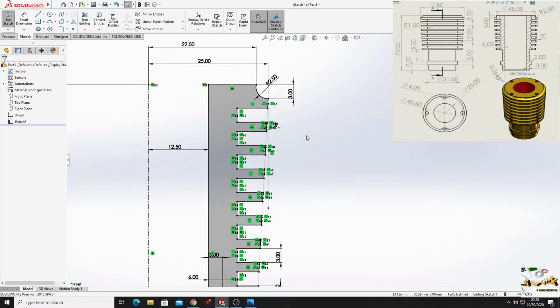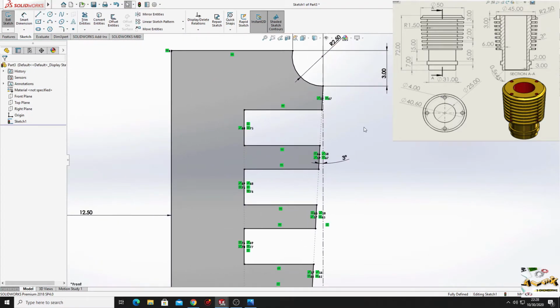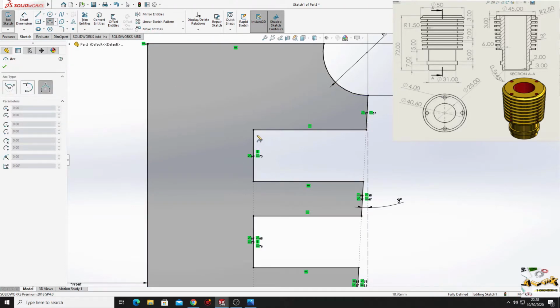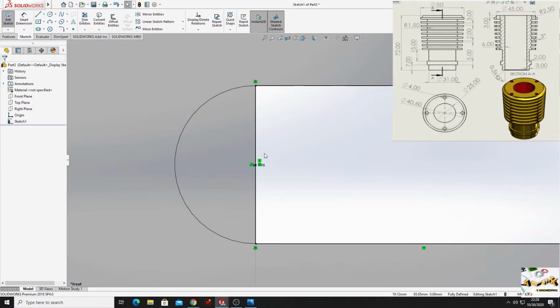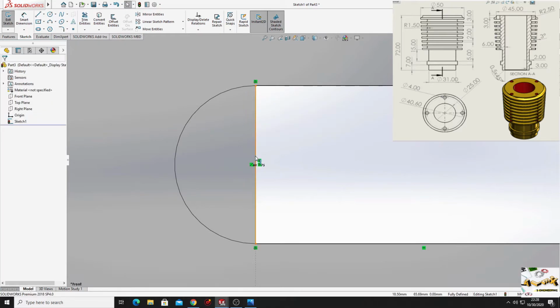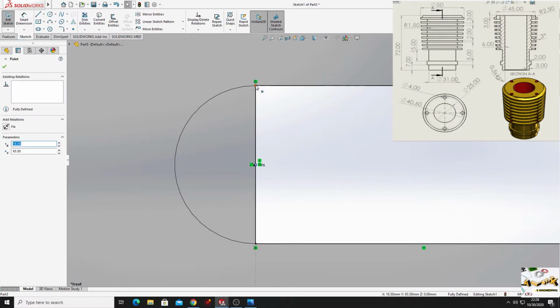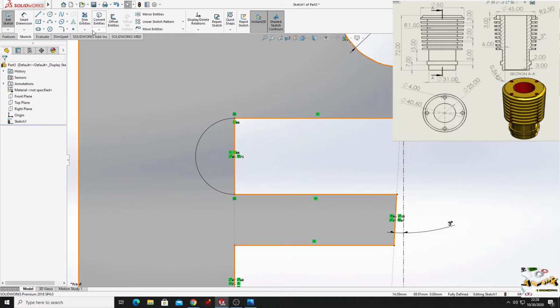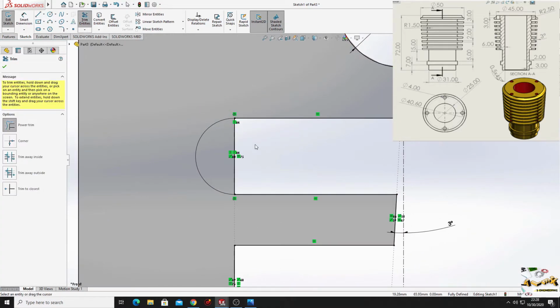This is almost done. Now what we have to do is to make here a 3-point arc. Just like this. Select this point and select here make vertical. And now with trim entities we'll cut this line.